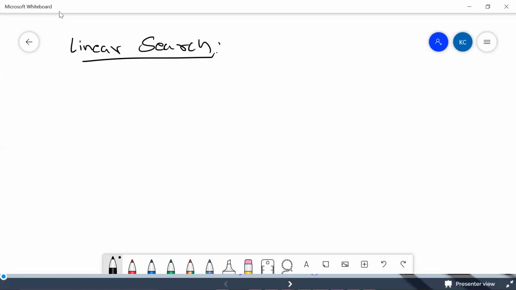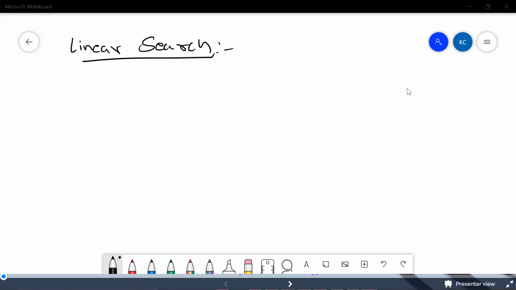Linear search is nothing but, as I told you, for example, let's say we have a class and we do not have a roll number, but you need to search for a person named, let's say, Surya. How do you search?